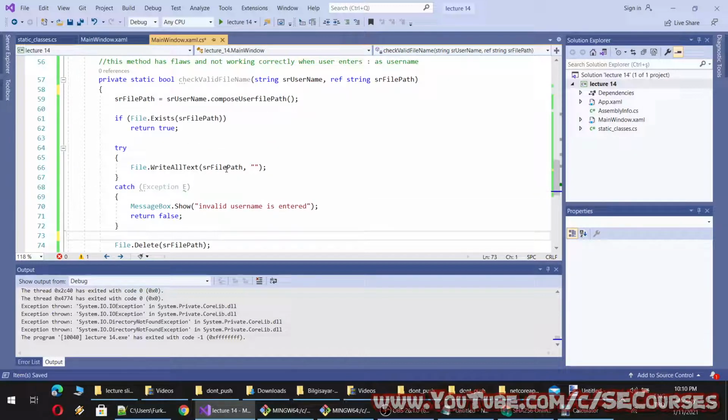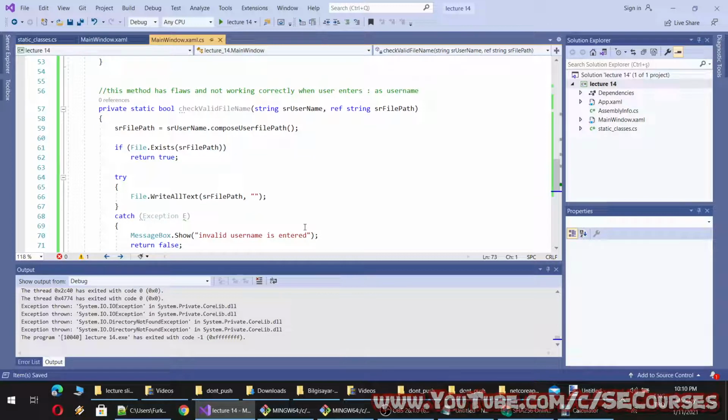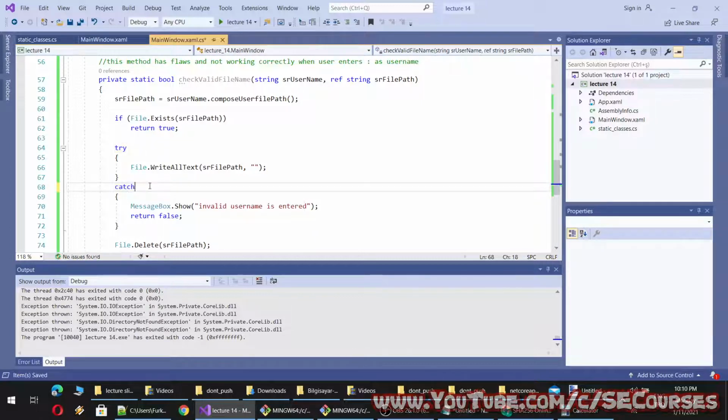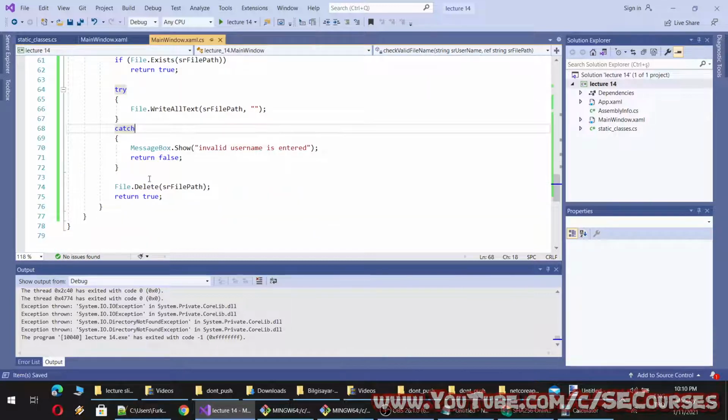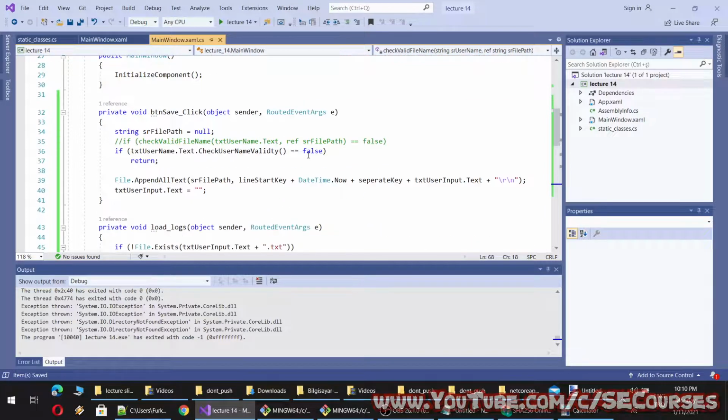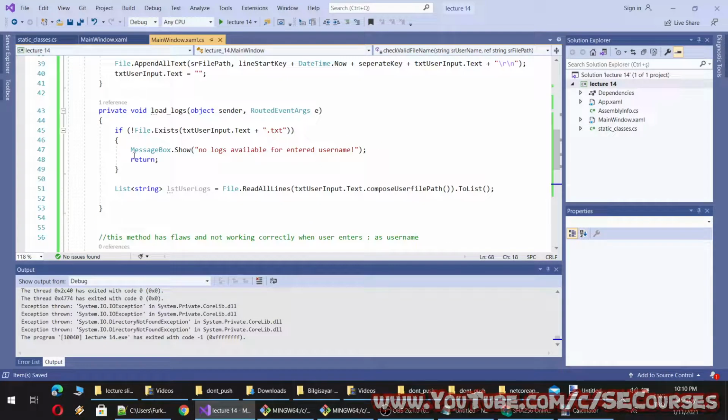You have to avoid copy pasting the same code. This is a mandatory requirement. We also don't display any exception message, or we are not doing anything with the exception, therefore I can delete this as well. I can use just try and catch in this method. All right, and where else do we use it?